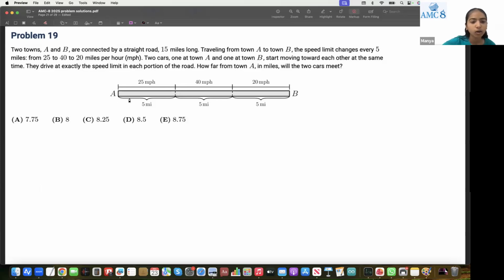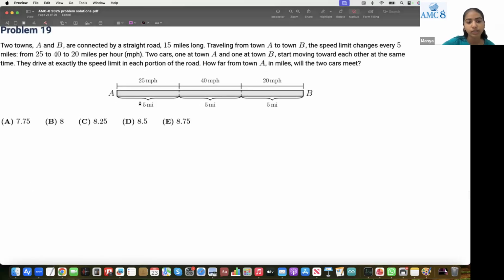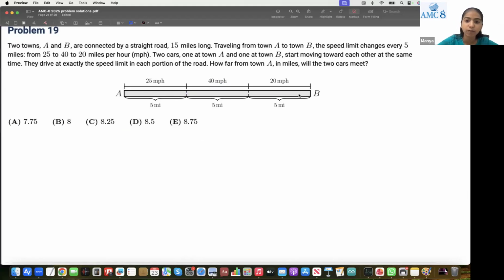So, first of all, we have two cars here, one that just starts right there and another one which starts right there. So now we need to find in which point the two cars meet. They will most likely meet somewhere over here. But we can't just say somewhere over here, right? We need to be exactly specific since these answer choices are pretty close to each other. So now what we should do is that we need to find,